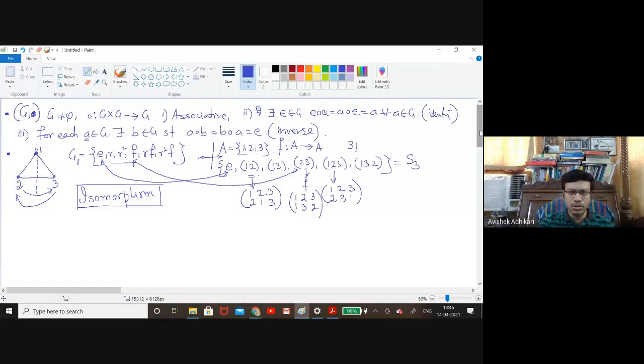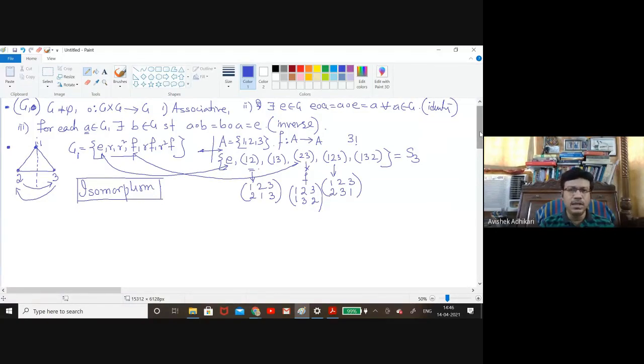Okay. So in our last class, we have already seen these two groups. As I mentioned in my last class, I requested all of you to give me 20 examples each, right? And I have already given a few examples like Z plus, we have already seen Q plus, say 2Z plus, the set of all even numbers with respect to addition, and so on. So in general, if you consider nZ, plus, where n is greater than or equal to 1, then that will suddenly form a group.